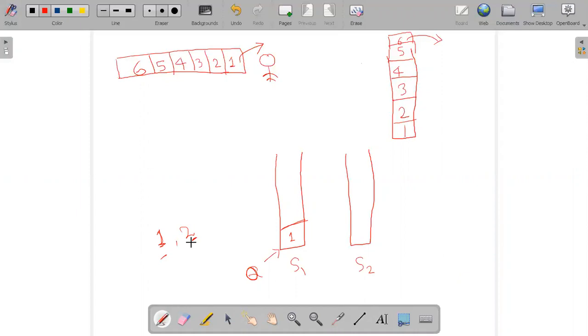So what we can do here: I move all the elements from here to here. I pop it from here and push it here, so this one will become blank, and here I'll push 2, and then again I'll move this one here. So 1 is at top.